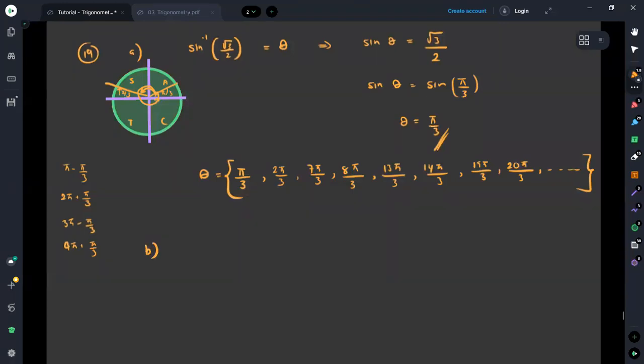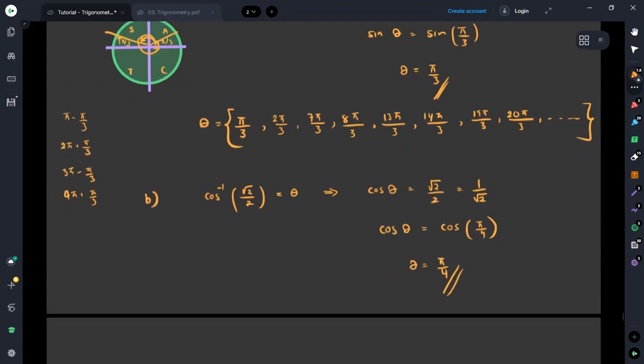Then if I take the next one, the second one, it says cosine inverse of root 2 over 2. This is the thing that we need to evaluate. Therefore, I'll take this equal to theta. Then instead of root 2 over 2, I will take it as 1 over root 2. Then we can simply say cosine theta is equal to root 2 over 2, which itself equals 1 over root 2. Then the value of cosine theta is equal to 1 over root 2, in the sense it is equal to cosine phi over 4. Then we can say the value of theta is equal to phi over 4. This is the simplest solution we can get.